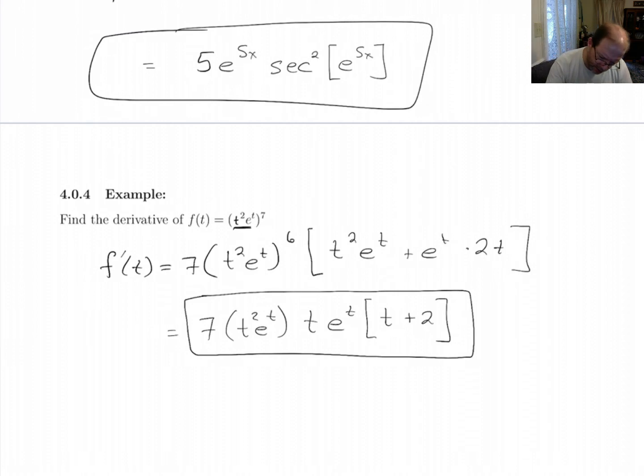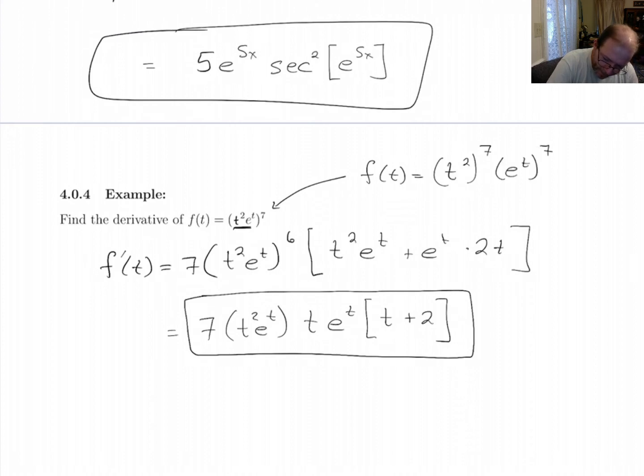We could have taken the original up here and rewritten it as f of t equals t squared to the 7th, which is t to the 14th, then e to the t to the 7, which is e to the 7t. Maybe it's worth writing that in 2 steps, because what we're doing here, we're distributing the 7 across here. And when you have a power to a power, you multiply those powers. So this is t to the 14, then e to the 7t. So we could do that first, and then take the derivative,